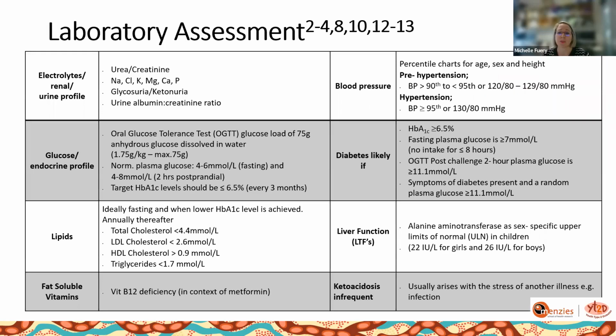We also look at relevant test results. So whether working in a multidisciplinary team or in isolation, it is important to be aware of appropriate markers and tests to request in an overweight or obese child, especially with physical markers for insulin resistance. The biochemistry will guide lifestyle intervention and measures of progress outside of just focusing on weight outcomes alone. It also gives us a guide to target for HbA1c, which should be at levels less than or equal to 6.5% and is recommended to be tested every 3 months. And this is without causing hypoglycemia and/or undue treatment burden.